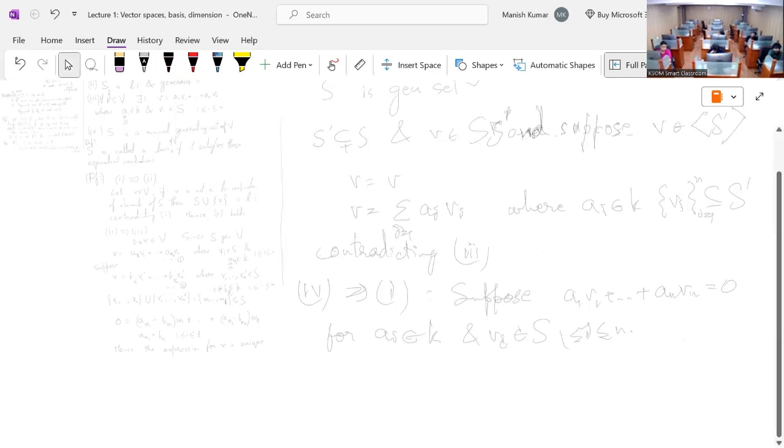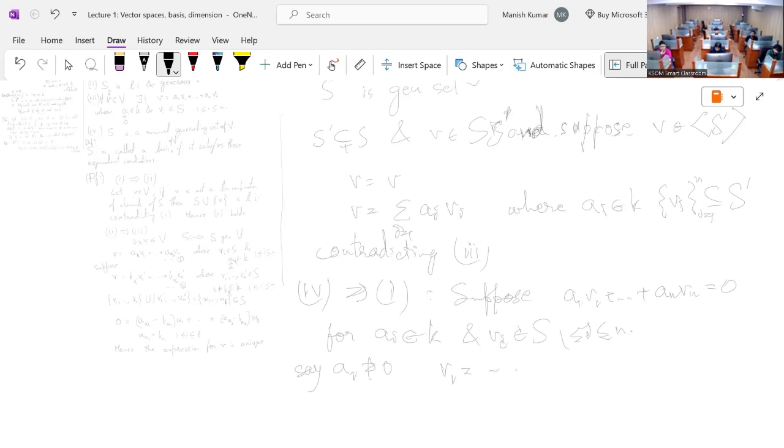So say A1 is not equal to 0. You can assume one of the AIs is non-zero, and then we'll get some contradiction. So say A1 is non-zero. You can assume any AI, but let's say A1 is non-zero. Then what happens? Then you can write V1 as